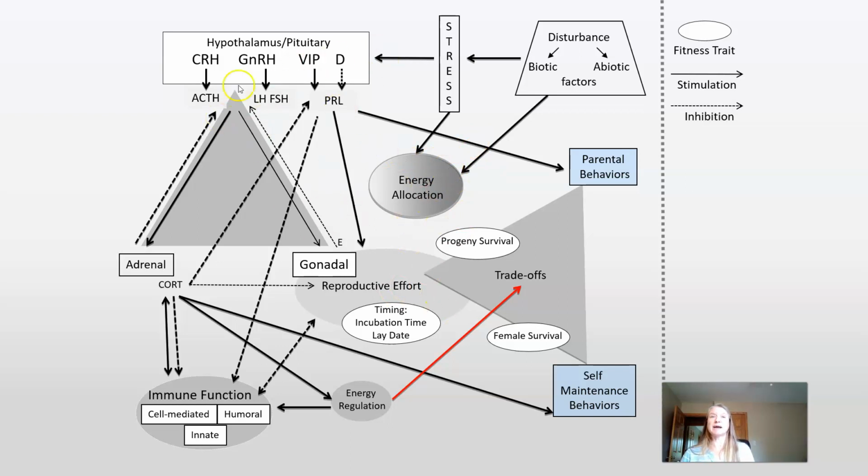And some of these feedback loops even can affect parental behavior. So if you have high stress, it can tell your brain that, hey, I'm really stressed out. I need to do other things. Maybe I'm not going to take as much care of my kids. So I might reduce the amount of time that I spend on raising kids. So anyways, there are a lot of trade-offs, a lot of complex interactions here. So hopefully I didn't overwhelm you totally. If you ever want to talk about avian endocrinology, come see me because I think it's fun.